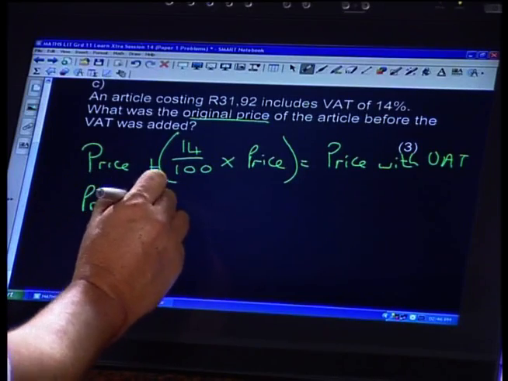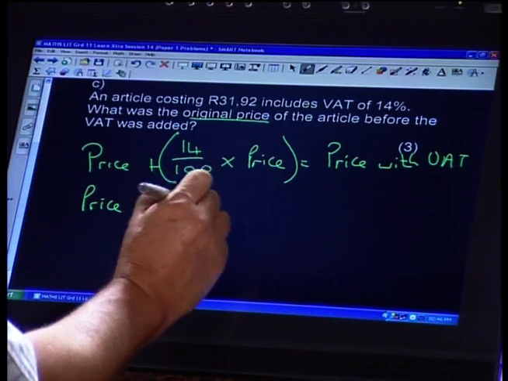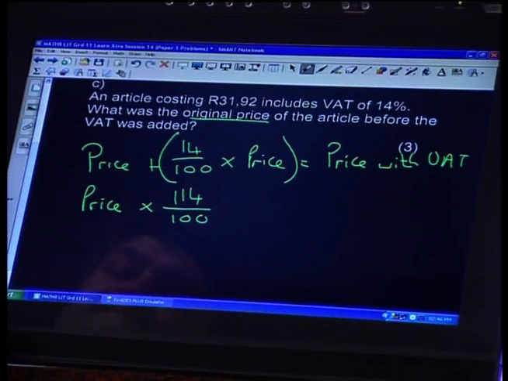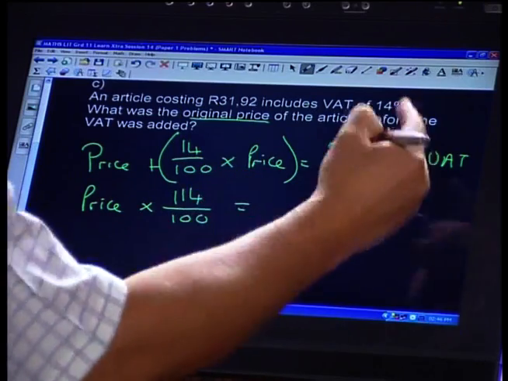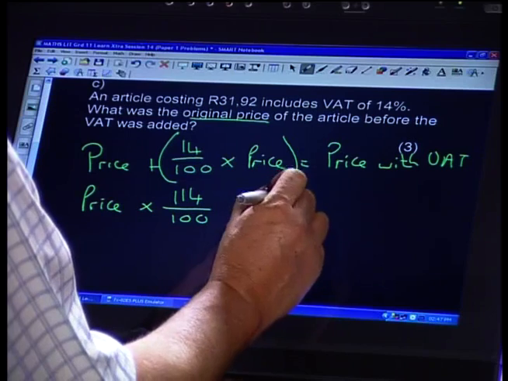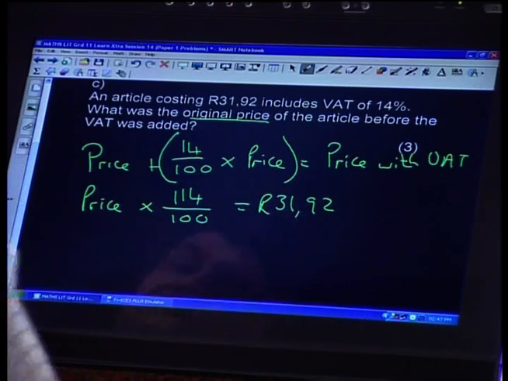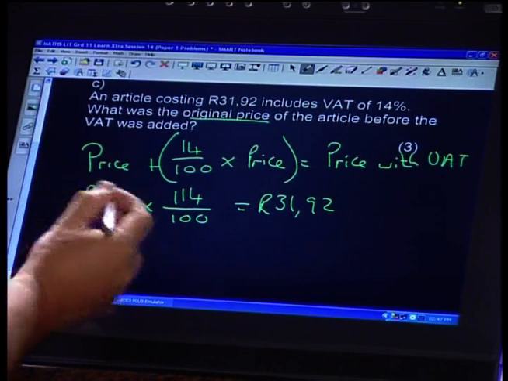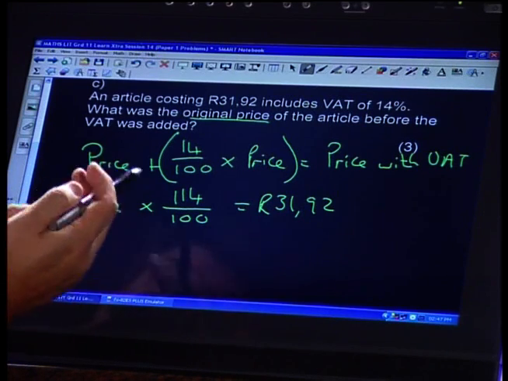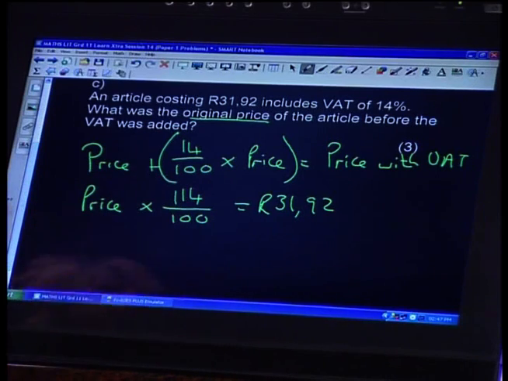An easier way of doing it would be to do the following. Say the price without the VAT times 114 over 100 equals the price with the VAT, which in this case is 31 Rand 92. Sure, let's just go through that again. So I've got the price of the goods. I'm going to multiply it by 114. Why 114? Well, I want the price of the actual article, which is 100%, plus a further 14%, which is